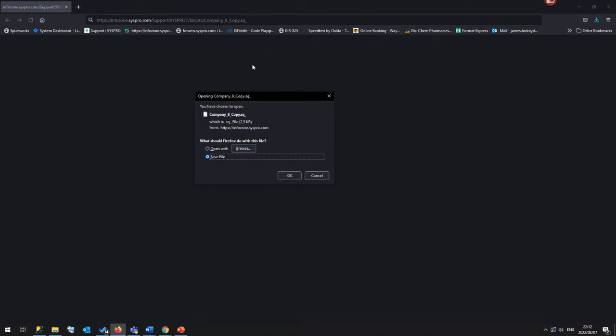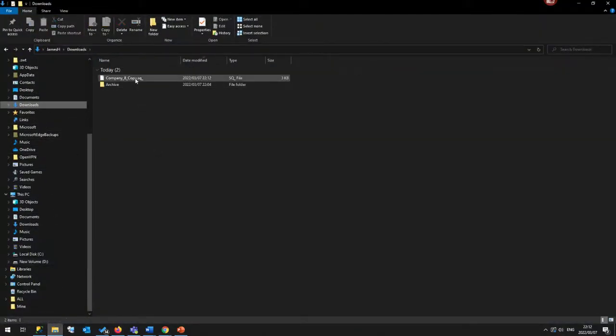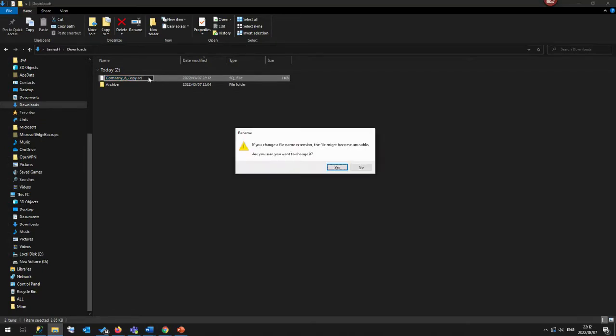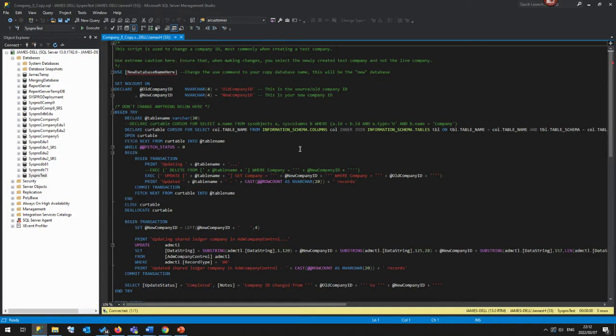If I navigate to that, it's going to ask me if I want to download that SQL script. I'm going to go OK. If I now look in my downloads folder, I will find that SQL script there. Note that you need to change the extension of that SQL script to SQL. Once I've changed that, I can double click on that SQL script and it will open it up in